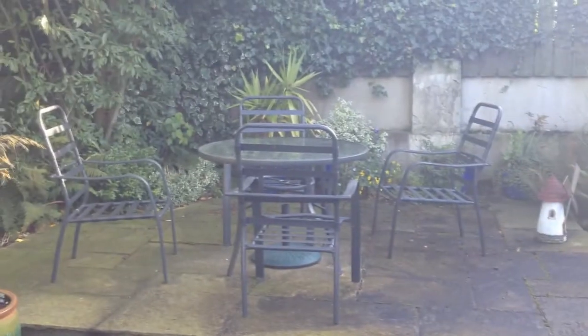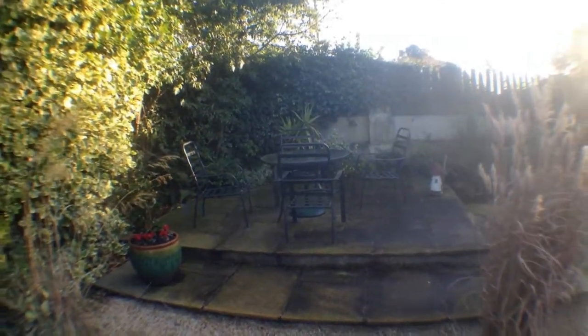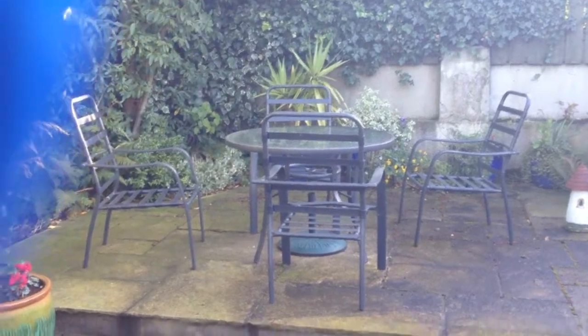So that's straight zoomed in on the table. But with it on, you can see a lot further. So it is a big difference, but may not be as much as you want. But this is standing in the same position with 720p on the video camera app. I'll put the fisheye on now and it's